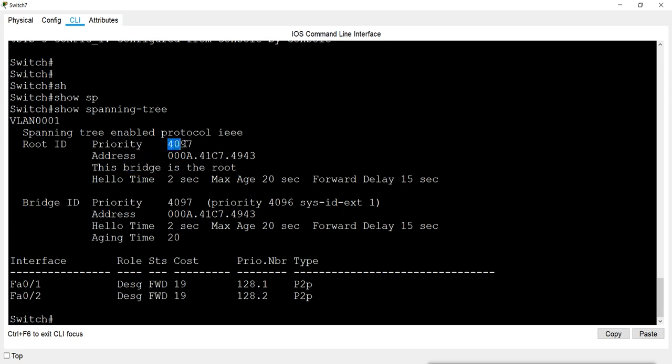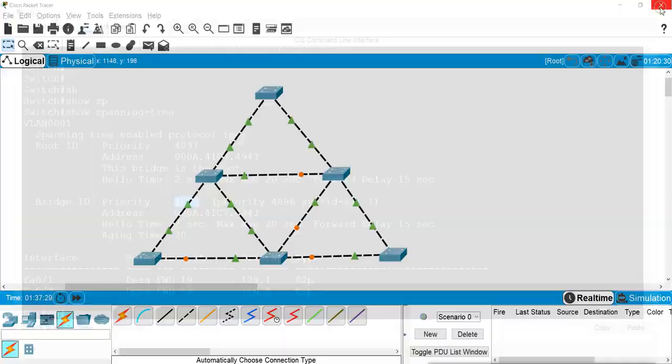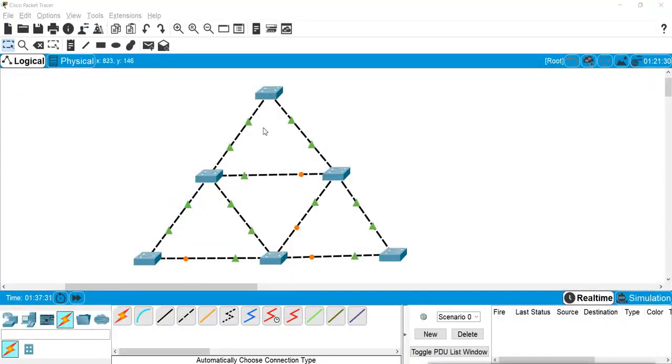So you can manipulate the election by changing the bridge priority, and you can make your own switch the root bridge.